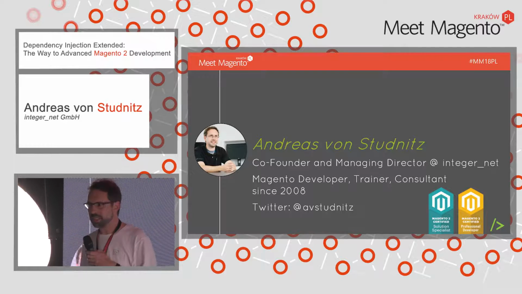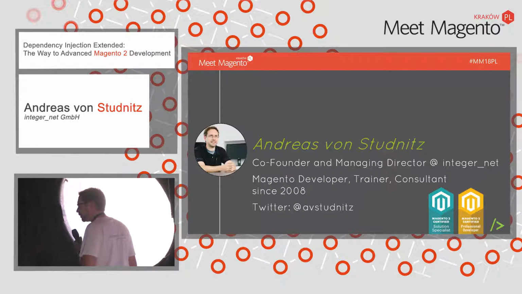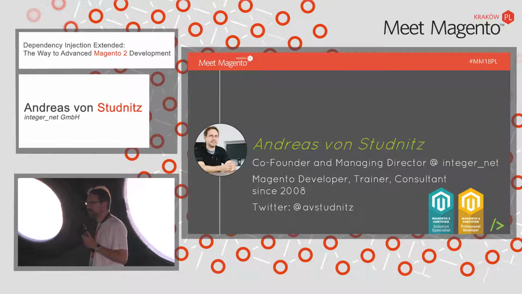Just a few words about me, because it's about the topic, not about me. My name is Andreas von Studnitz. I'm from the most western part of Germany. I'm the co-founder of Internet, a small Magento agency, and I've been in the Magento business for quite some time, since